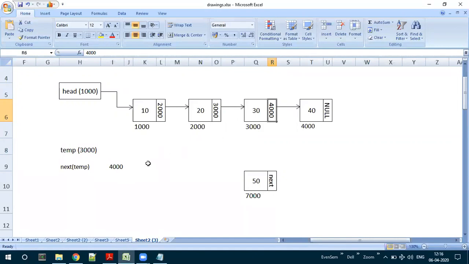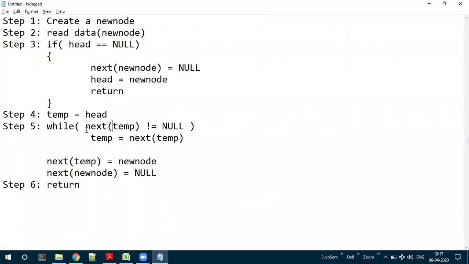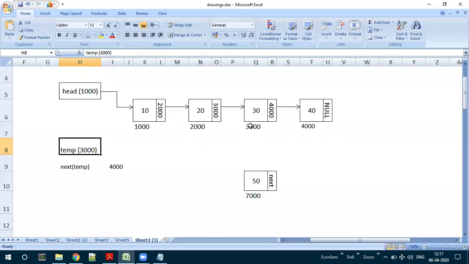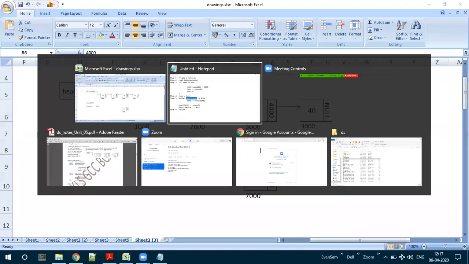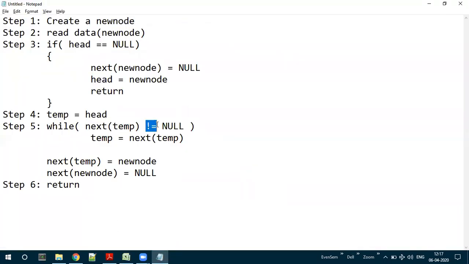Let us check once again. Temp is what? 3000. So what is the condition? Next of temp. Next of temp is next of 3000. In next of 3000, what value we have? 4000. Is 4000 not equal to null?